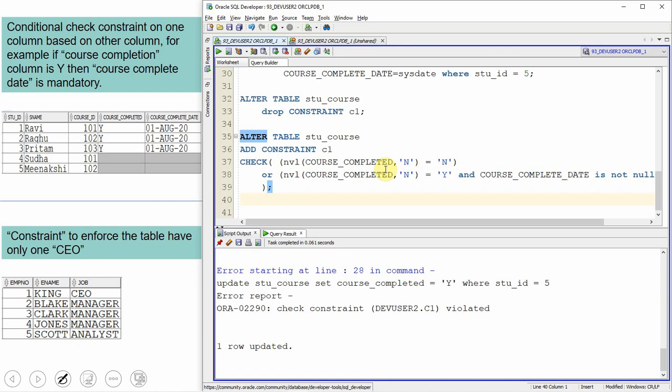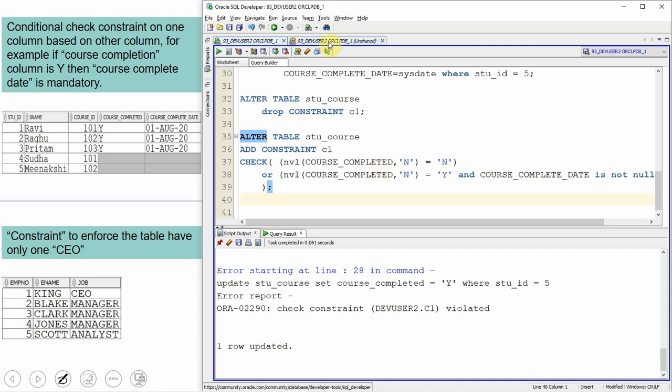See, there is one more point. In fact, the same logic you can implement as part of the trigger as well, but generally triggers are not recommended for these kinds of things. These kinds of simple constraints you can implement as part of the constraint itself. Whenever you want to enforce very complex logic or complex referential constraints, then you can implement it in triggers. Fine. So this is about our first question.